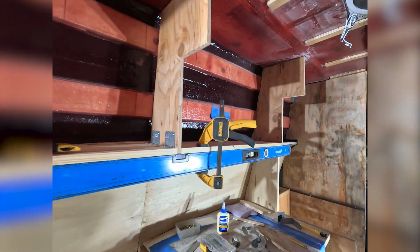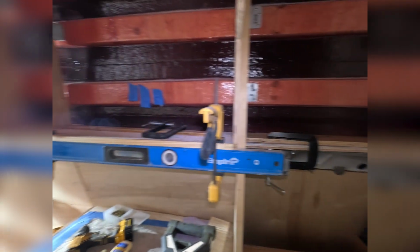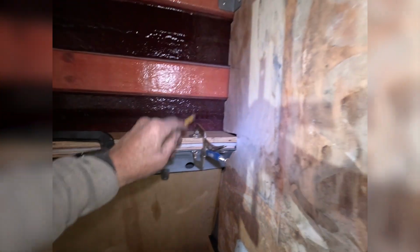But using a solid straight edge clamped together. Okay, so I already showed that last one. I got that figured out. That came out good. I've decided to finish this area totally